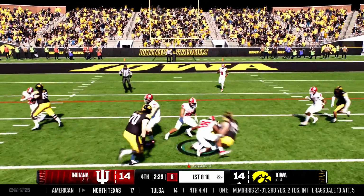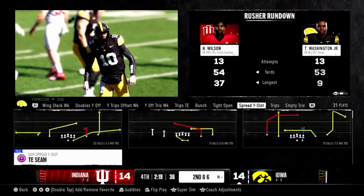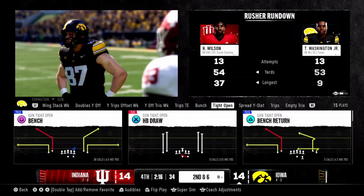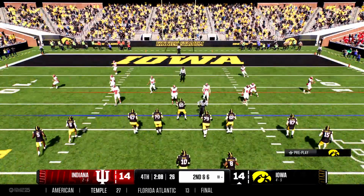Running back searching for a hole. They make the stop, but you can't give up 4 yards a chunk on the ground down in this area of the field. It's at the 18. It's all tied up. This offensive line, they want the pressure. They want everything to...